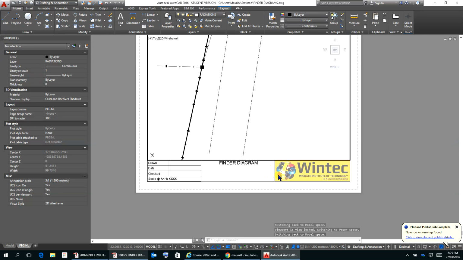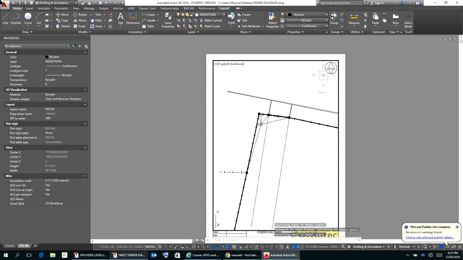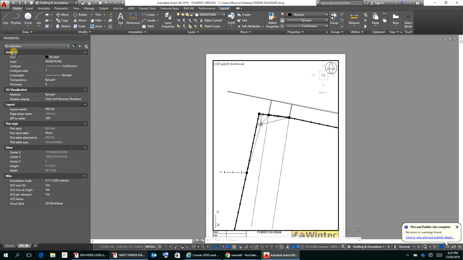Okay, so now we've just got our text and stuff to do. So I'm just going to save it at this point. Very important that you save it as you go along. Quite often these files get corrupted, so it's important that you save at regular intervals. So the next thing to do is to get it done up, and then